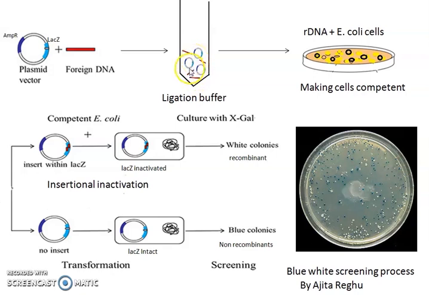So what happens? Of course, we are showing here only one piece of each, but there may be many such plasmid vectors cloned and altered, and foreign DNA ready. So all those are given in the vial for ligation. Now, it is not necessary that all will take the insert. Some plasmid vectors where the LacZ is disrupted will take the gene of interest.